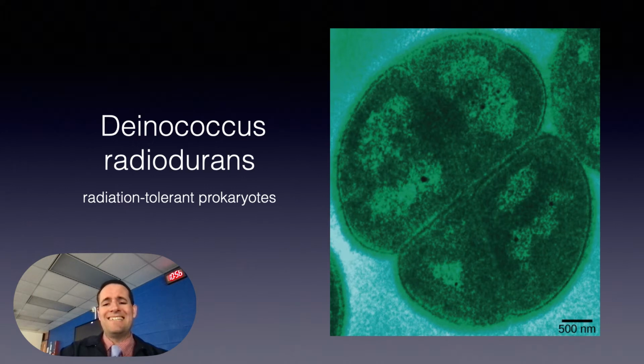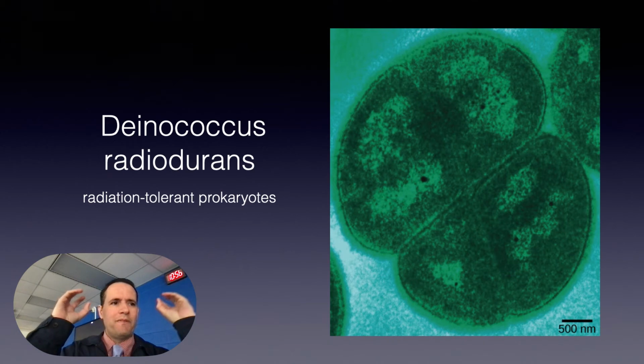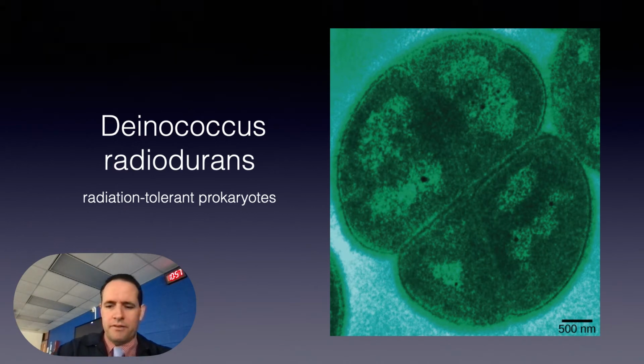It has developed DNA repair mechanisms that allow it to reconstruct its chromosome, get this, even if it has been broken into hundreds of pieces by radiation or heat. This was discovered by somebody that took a bacterial soup, put it inside of a nuclear reactor, and irradiated it for like a week. They took it out, and because of the high temperature and the high radiation, they figured all these bacteria were going to be obliterated to smithereens. They took the sample out, and then they found some surviving bacteria in there, and they were just amazed.